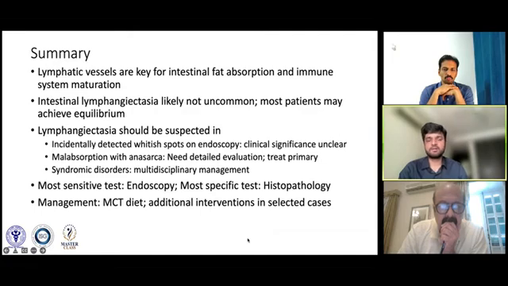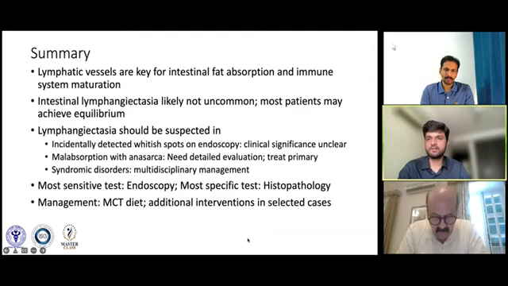In patients, however, who have malabsorption or anasarca, there is a need for detailed evaluation, and a need to look for a secondary disorder, and if there is any other primary disorder, we can treat it. For patients who have syndromic disorders, obviously a multidisciplinary management will be required, and this is perhaps beyond the scope